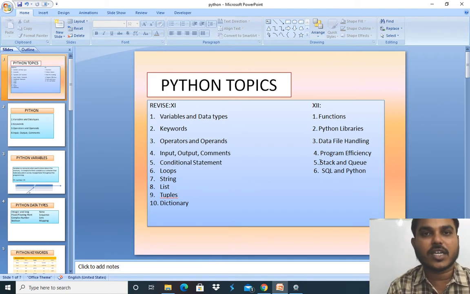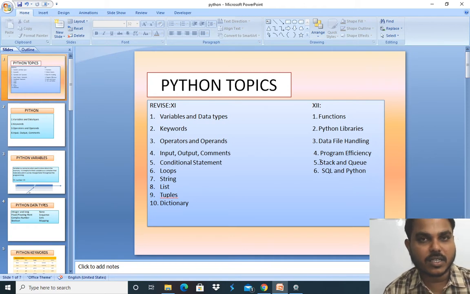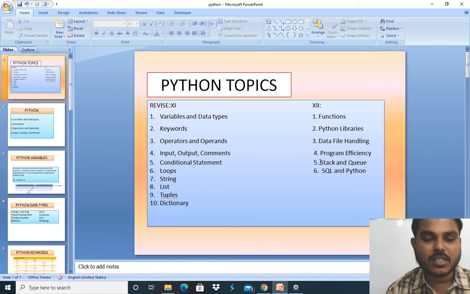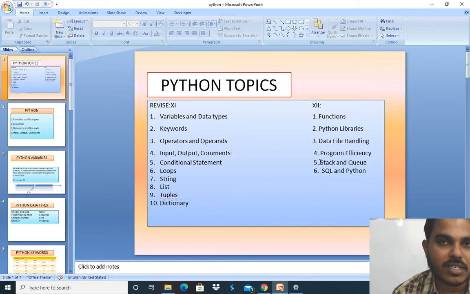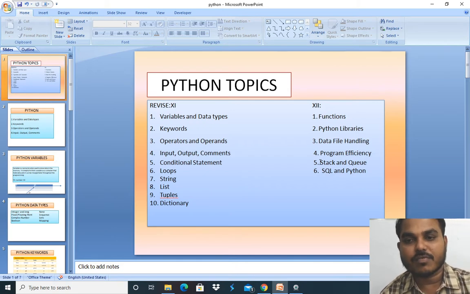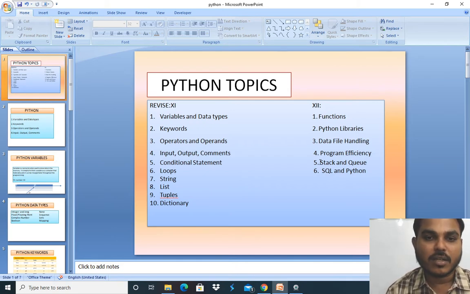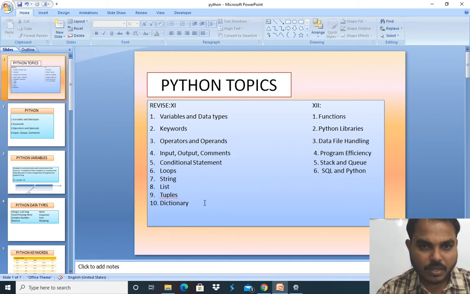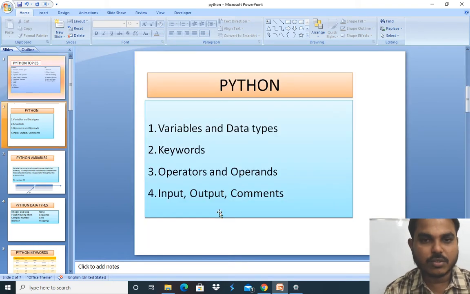For grade 12 it will be for revision, and for grade 11 it will be for your exam purpose, right? So these are the things we are going to study in Python for grade 11. From variables and data types to the dictionary, and functions to SQL and Python. Today we are going to cover four topics: variables and data types, keywords, operators and operands, input and output,